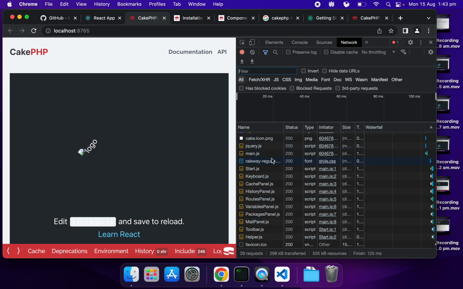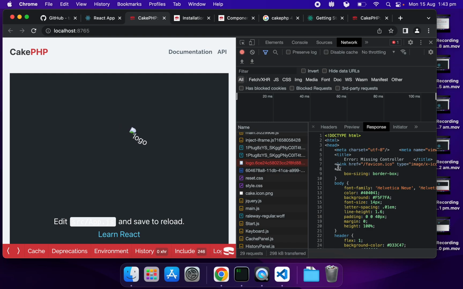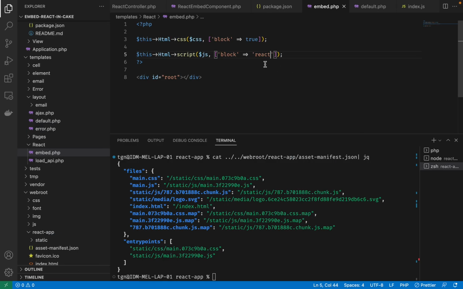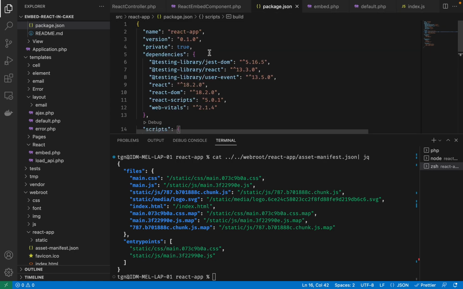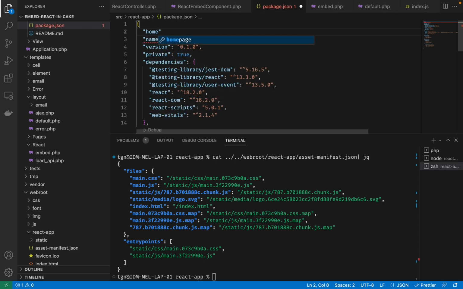Now, if we look at our network tab, scroll, and then just look for the red, we will see that when we look at the request header, the logo, which is from inside the React-app folder, it's not requesting it from there, it's actually looking for it in the wrong spot. So what we need to do is now tell our React build environment, in package.json,